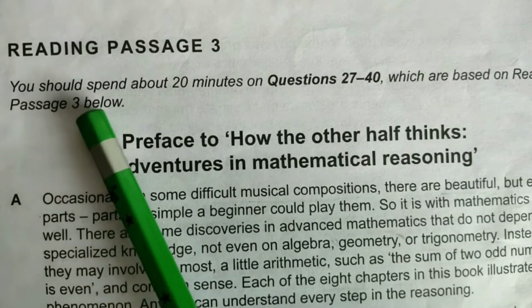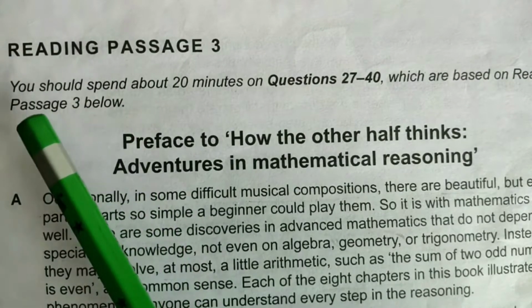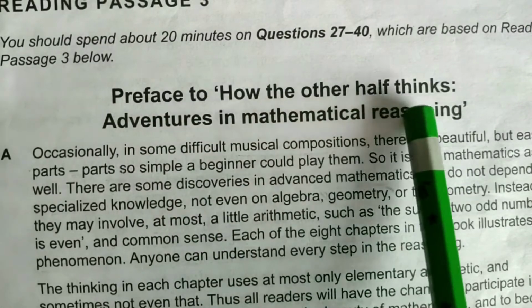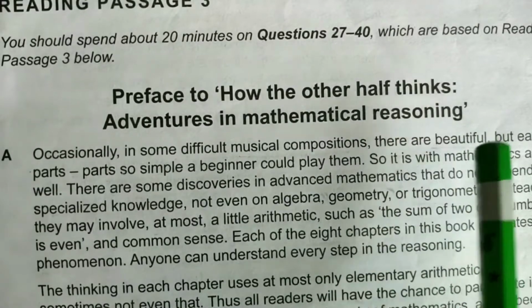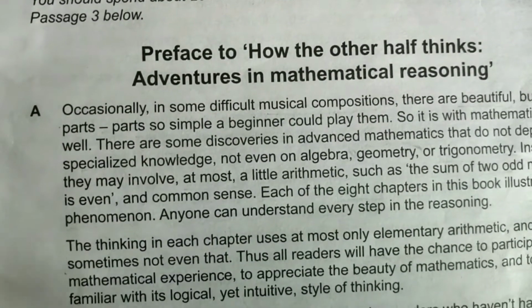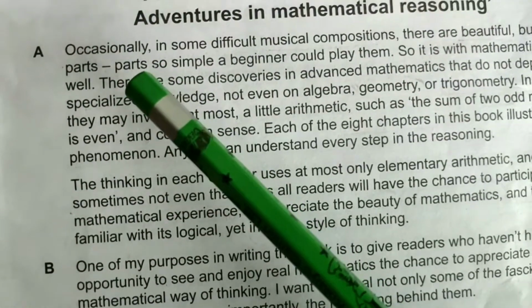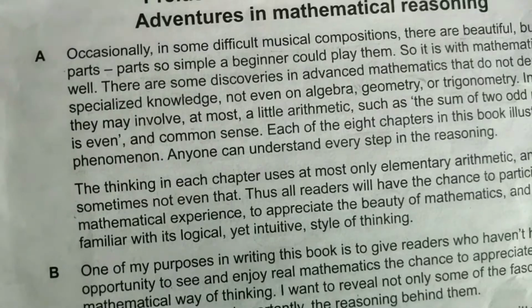Now let's start it. Always read the instructions before starting the passage. You should spend about 20 minutes on questions 27 to 40, which are based on reading passage 3. Always read the title, the heading of the passage: preface to How the Other Half Thinks, Adventures in Mathematical Reasoning. In this passage we have paragraphs like A, B, C, D, and